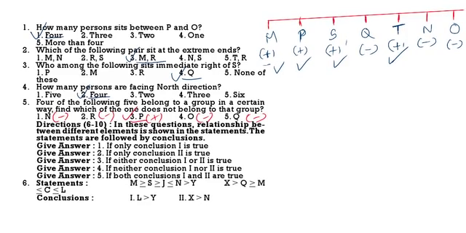See the first one. M greater than or equal to S, S greater than or equal to J, J less than or equal to N, N greater than Y. X greater than Q, Q greater than or equal to M. And M less than or equal to C, C less than or equal to L. Now, L greater than or equal to Y, whether it follows or not, that we have to check.